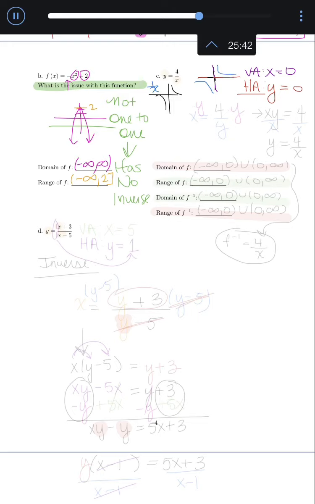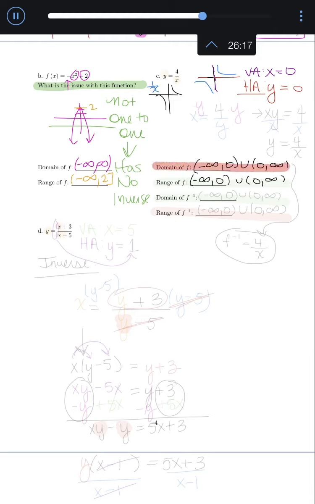Well, notice that this original function's domain is going to be negative infinity to 0, union 0 to infinity. And its range should be the same, negative infinity to 0, union 0 to infinity, because there's also a horizontal asymptote at 0. Now again,